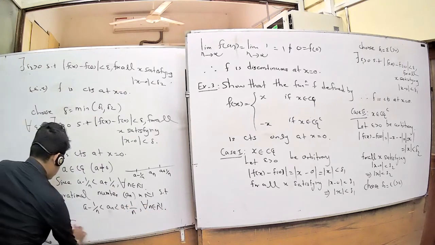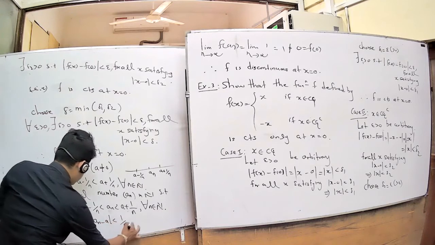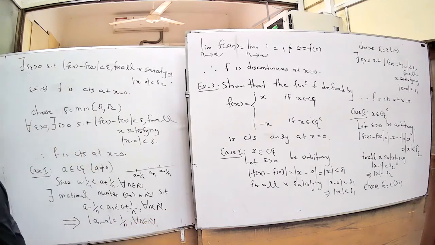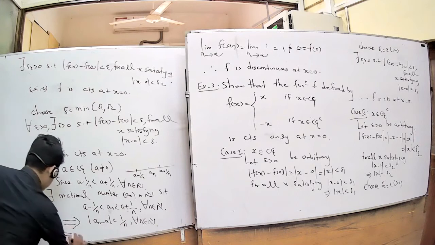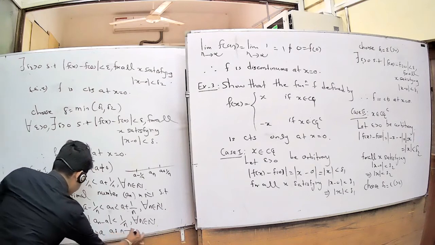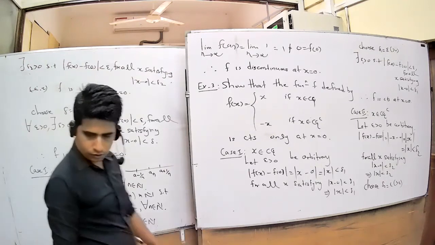This implies the modulus of a n minus a is less than 1 over n for all n belonging to natural numbers. Suppose n tends to infinity; this implies a n tends to a as n tends to infinity. Now,